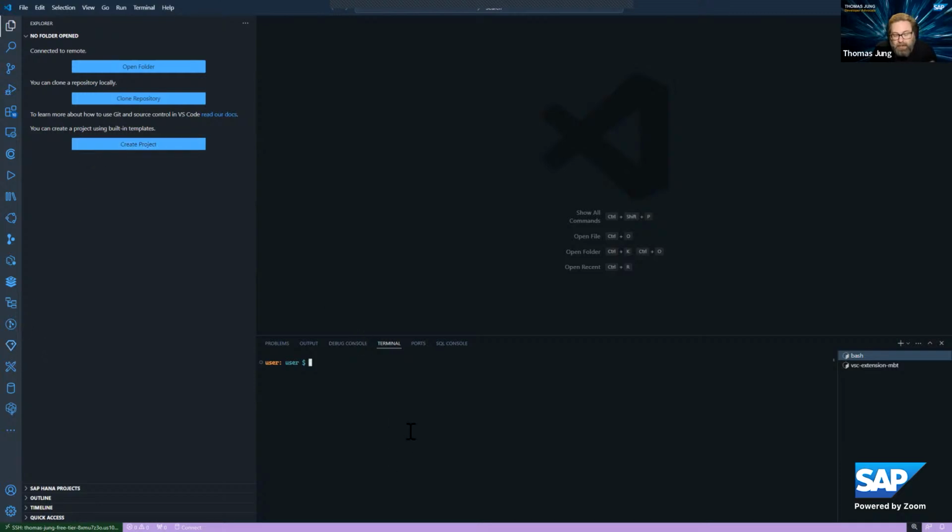But I'm connected to my remote virtual machine that's running behind the scenes in Build Code. So when I go to the command prompt, this is not my local file system. This is the file system of my dev space, and I'm still running and debugging in the remote environment, not on my local machine. So it's kind of the best of both worlds.